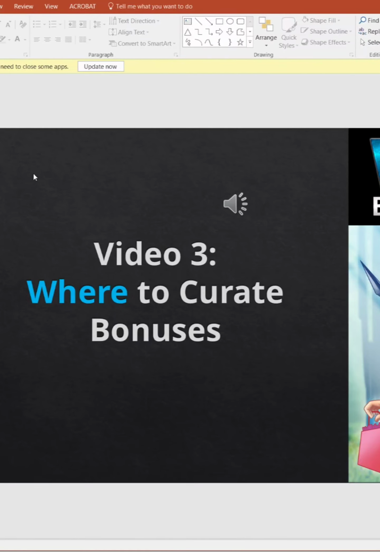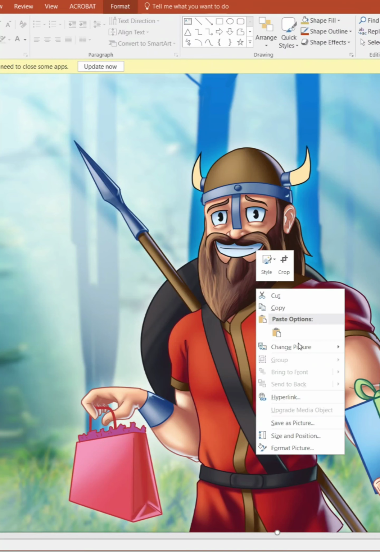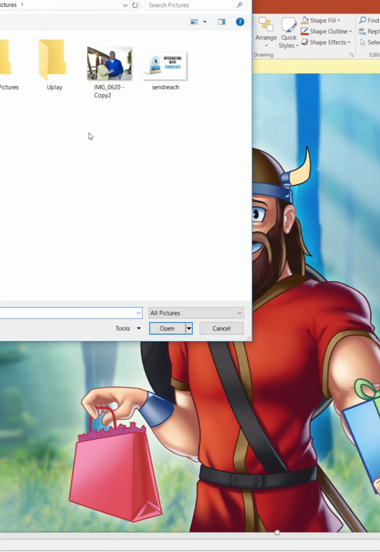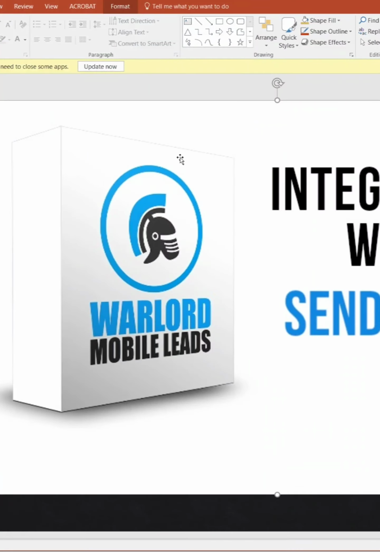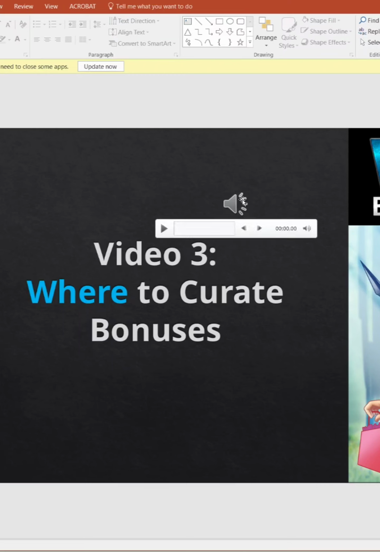Viking branding. The easiest way to do that is going to be to come to each image. There's 3 Viking images in each slide presentation, and what you'll do is you'll right click, you'll come over here to change picture, choose from a file, and I'll just grab a random image here. Easy as that. You would do the same thing here and here,